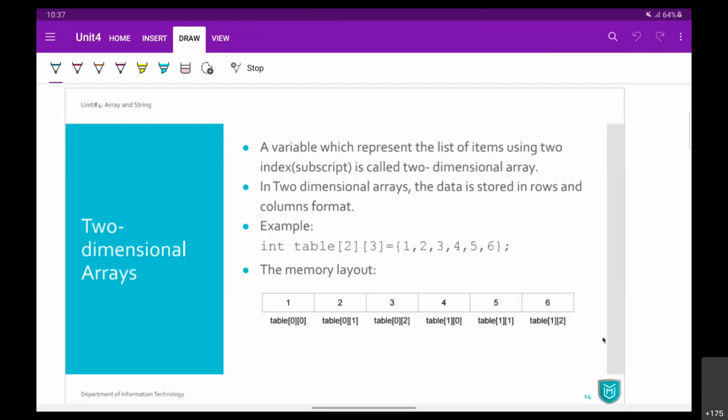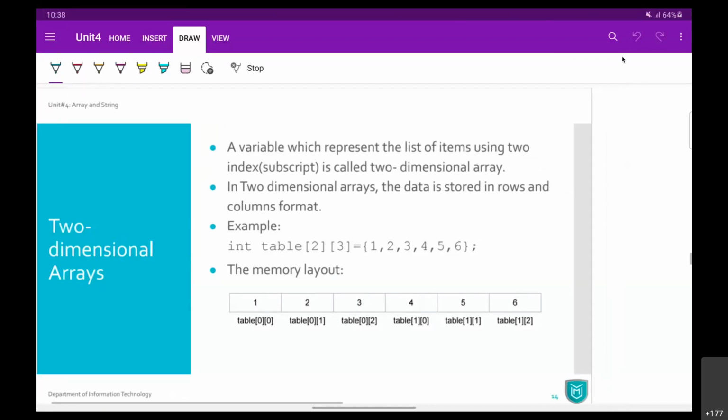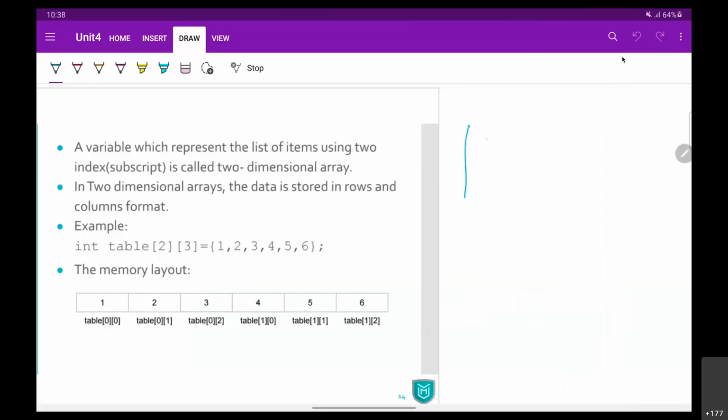So a variable which represents a list of items. So obviously a list of items means number of elements. But to represent that thing, if we require two index or a subscripts, then we can say it is a two-dimensional array. And when we talk about two-dimensional arrays, you can simply say that it is nothing but kind of a table. Okay, so one dimension is number of rows, and each row will have number of columns in it.